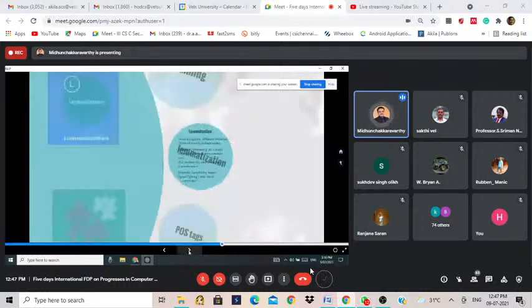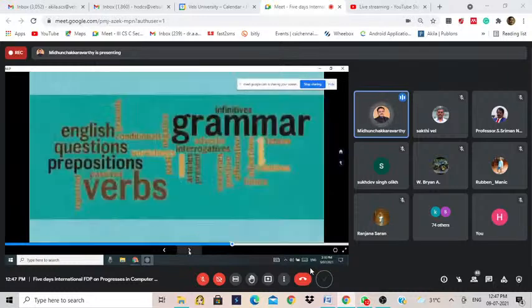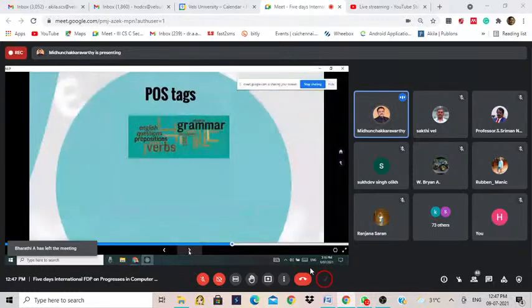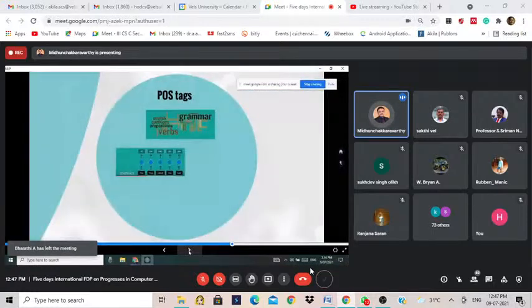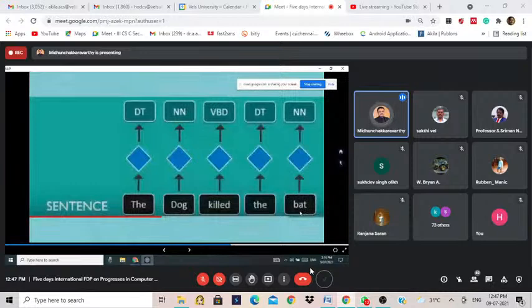And finally POS tags, where the grammar part comes in. What we do here is we take the words and give them grammar tags. Here you can see, the dog killed the bat. So this is noun, verb, adjective, DT. It goes like that. Those who are very good in grammar, please take note. I'm not good there, but I know N is noun, and it gives the tags